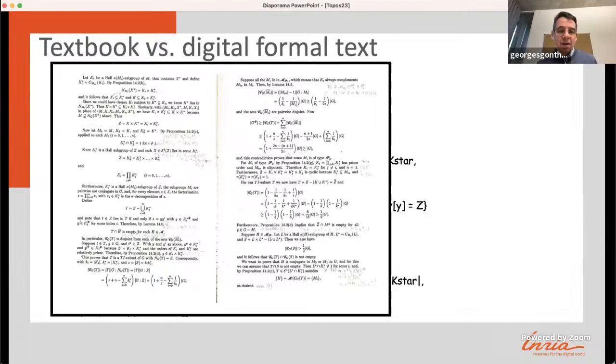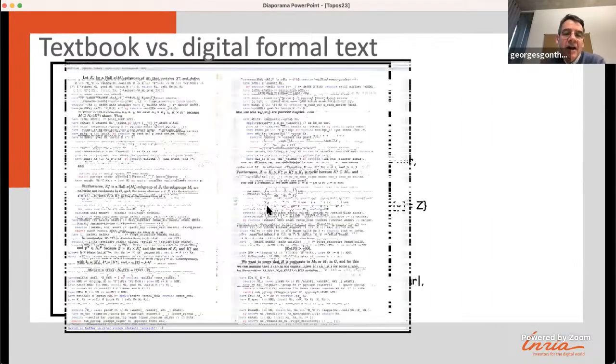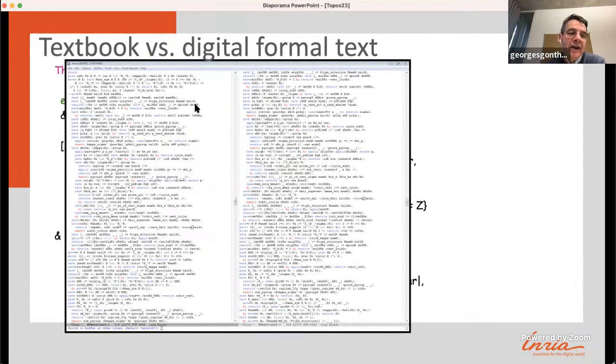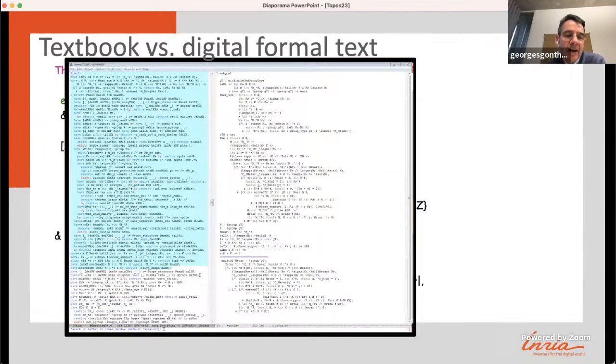So here's the proof of one theorem, which is about 4 pages. Here are two of those pages. And this is, again, about half of the formal proof of the same theorem. So it looks quite different. And that's because